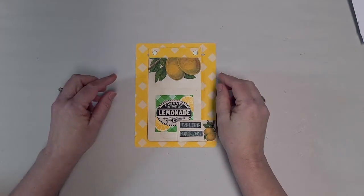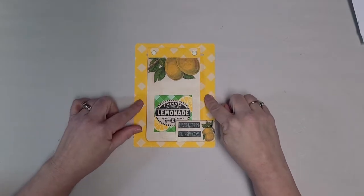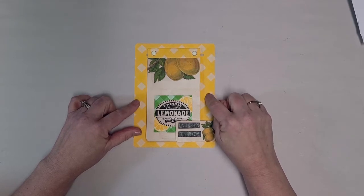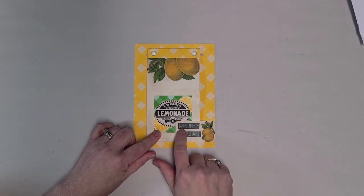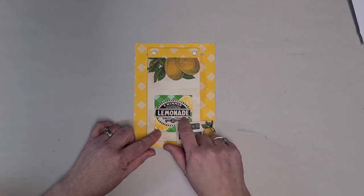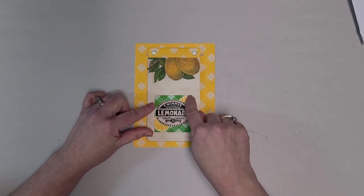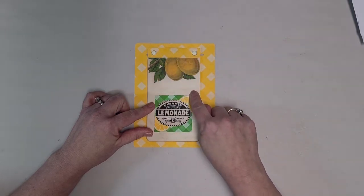So what I have done for today is, the first thing I did was, the background that I've got here is from Kara Brandon's Summer Journal, the lemon page from that. And then I took one of Julie's lemon tags, and I used some scrapbook paper, and it says, "Live life in full bloom." And here I've got some green gingham, and I took this right off of the tag from Kara, and just put that on here, on top of Julie's